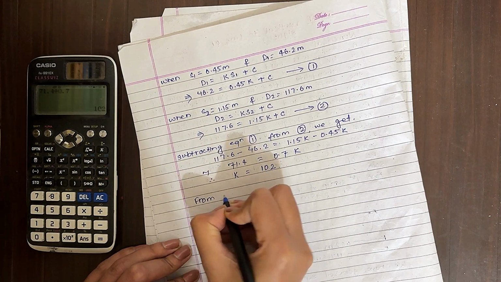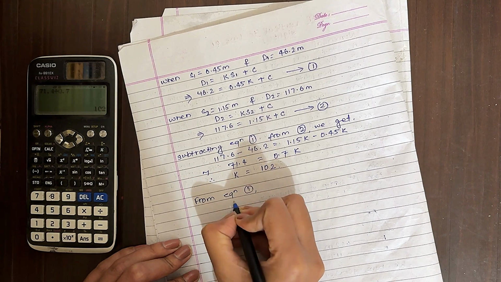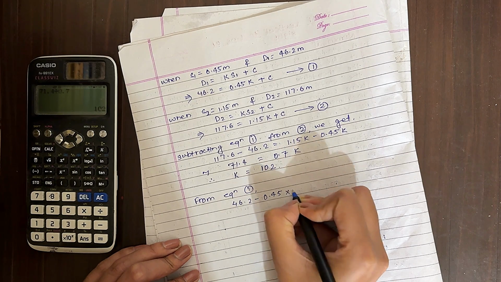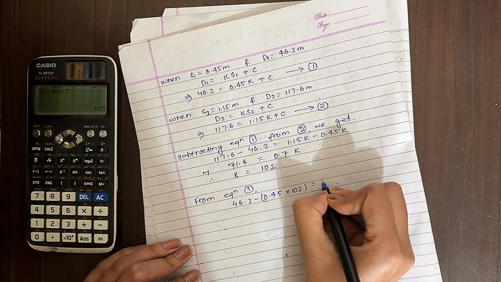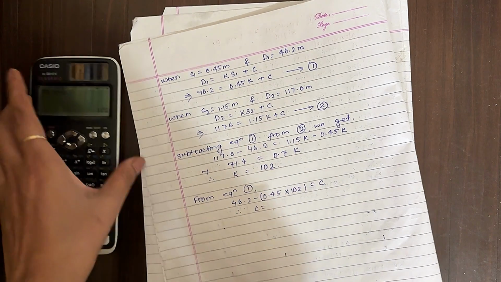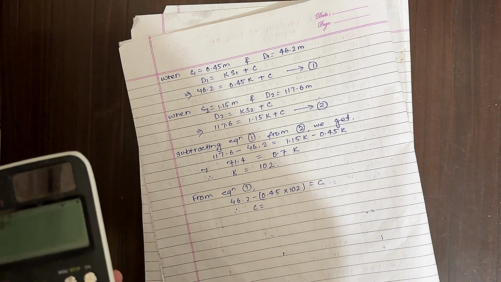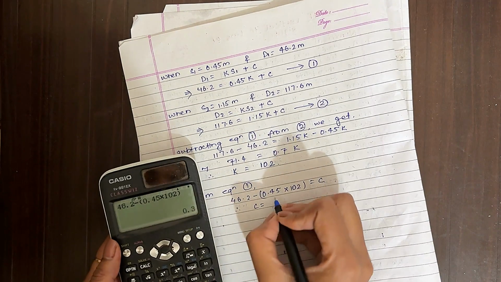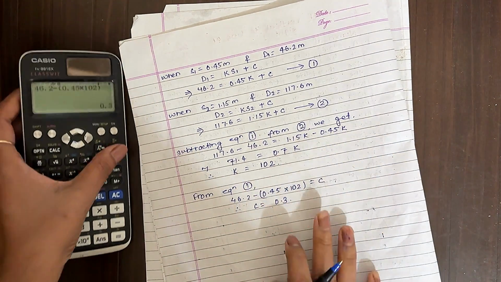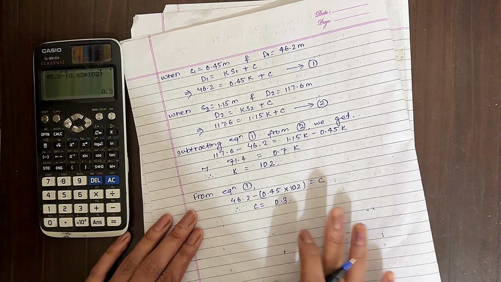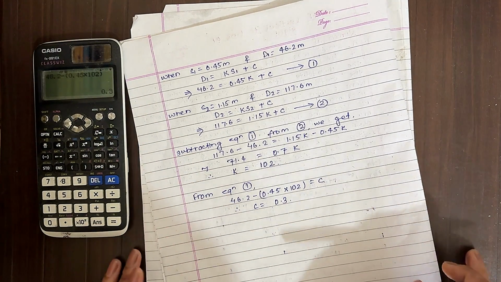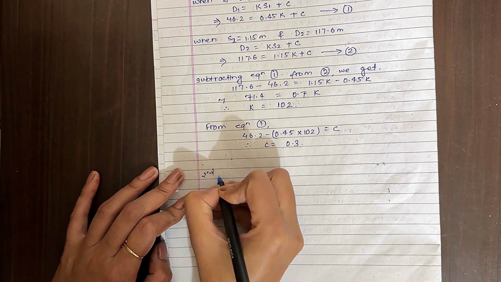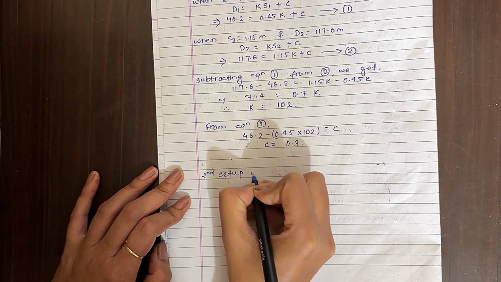So from equation first, we have 46.2 minus 0.45 times 102 will be equal to C. Therefore, the value of the additive constant C here is 46.2 minus 0.45 into 102. That is 0.3. Now from the first setup, we will find out the horizontal and the vertical distance, also the RL. Now for the second setup of the instrument, we have